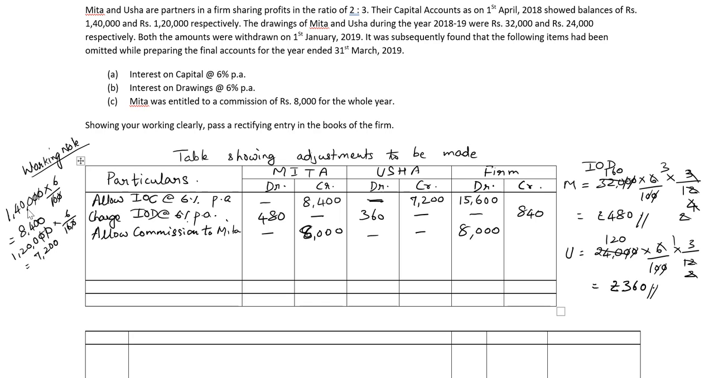Now I need to balance the firm. The greater total is 23,600. I'll subtract 840 rupees and I get 22,760 rupees. This has to be divided between Meeta and Usha in their profit sharing ratio, which is 2:3. So 22,760 rupees divided by 5